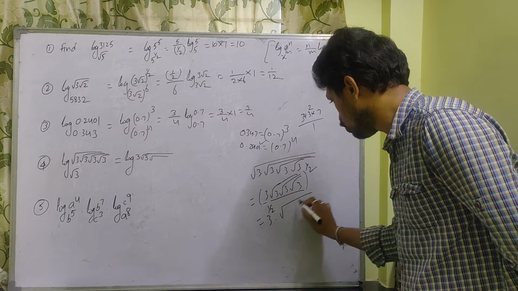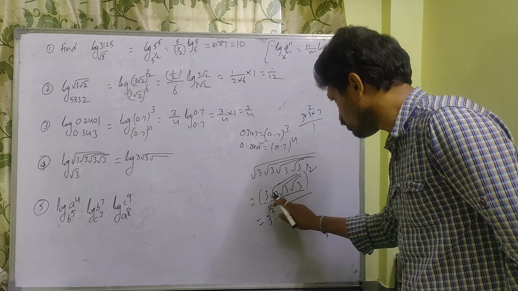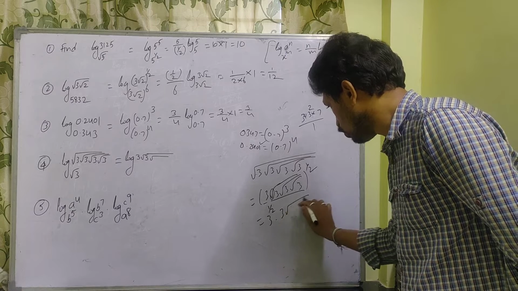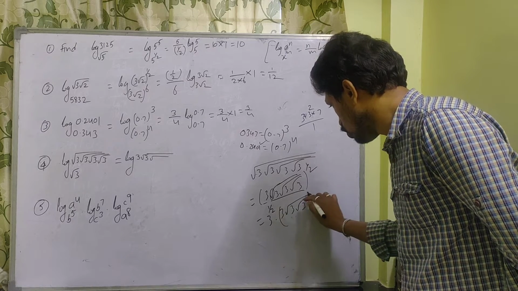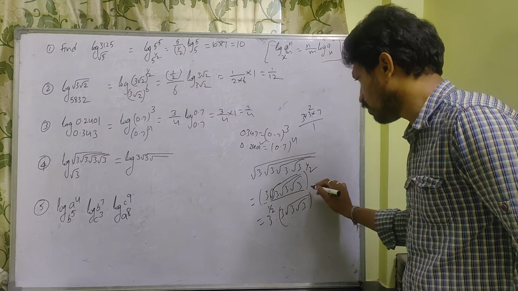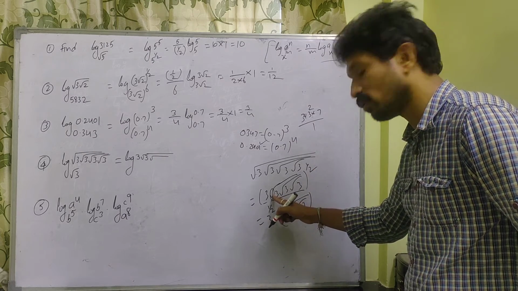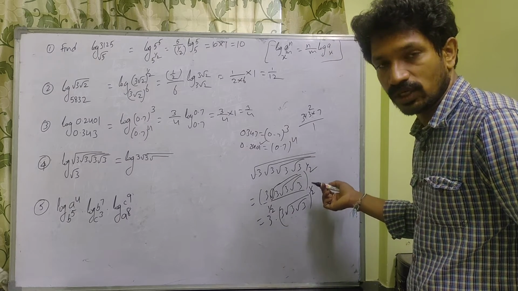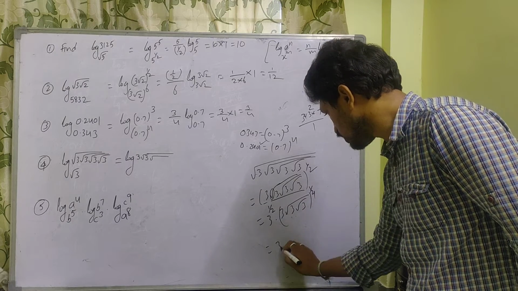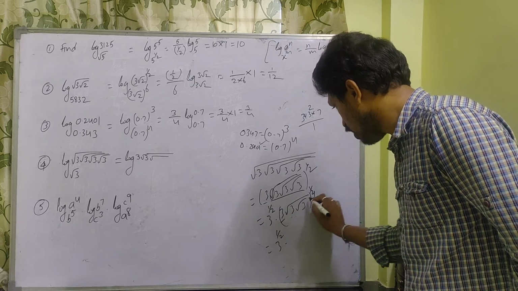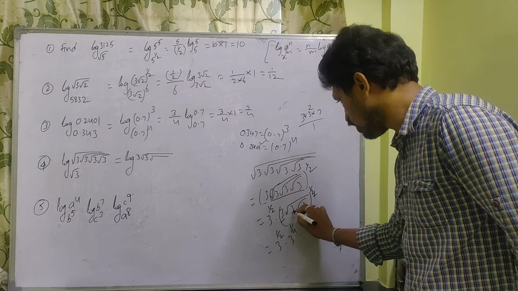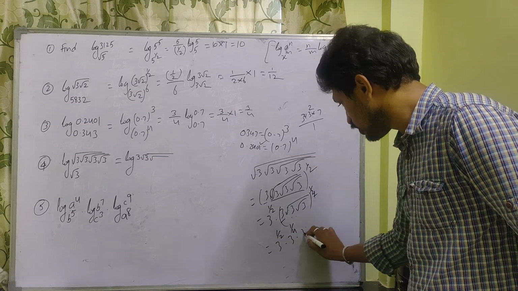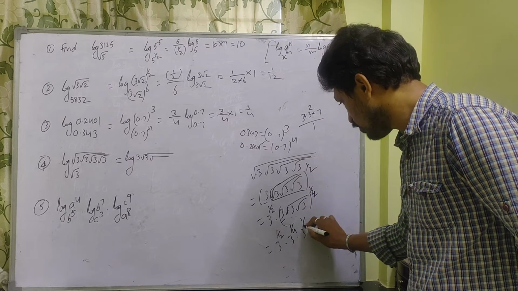This one you can write as root over 3 root 3 root 3. That's why again you remove this root. So what you have is 3 into root 3 whole power 1 by 2 whole power 1 by 2. For this one you have 1 by 2 whole power 1 by 2 into whole power 1 by 2, that is 1 by 4 you get. So this one you can write as 3 power 1 by 2 into, for this 3 you have 3 power 1 by 4. Similarly for this 3 we have one more root, that is 1 by 4 into 1 by 2, that is 2 4s are 8, you get 1 by 8.